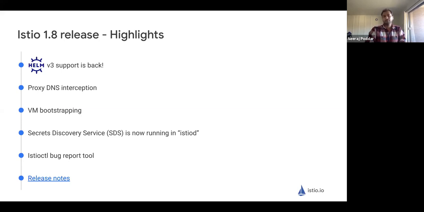The second interesting feature is Proxy DNS Interception. Again, it's a new feature, it's in alpha. The key benefit here is the sidecar proxy can now be configured to intercept DNS requests and resolve those requests.